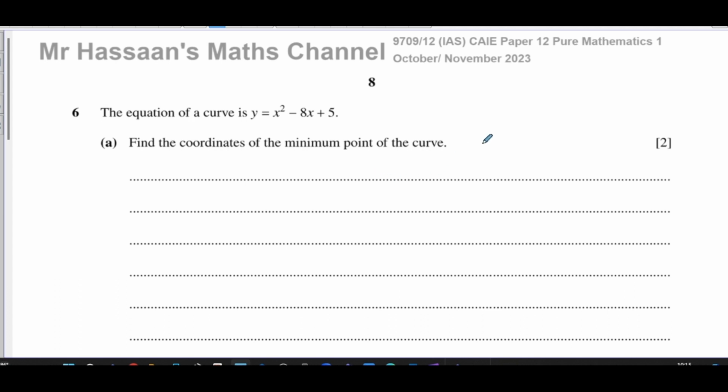This question starts off about a quadratic equation, the equation of a curve, y equals x squared minus 8x plus 5, and we're asked to find the coordinates of the minimum point of the curve. Now, the minimum point of the curve,